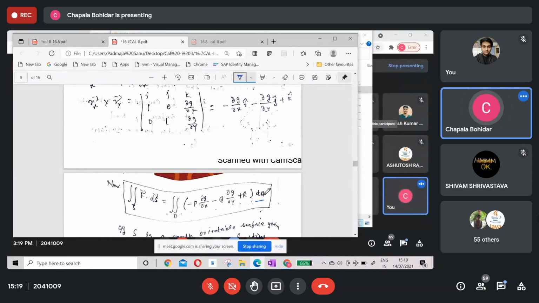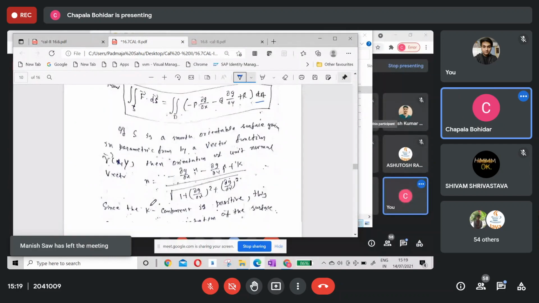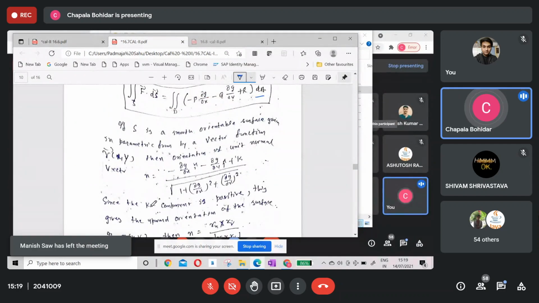So this is one formula we get here, where z is a function of x and y. Special case. I'll get this. So now here the unit normal vector is this divided by the absolute value of this. This is this.